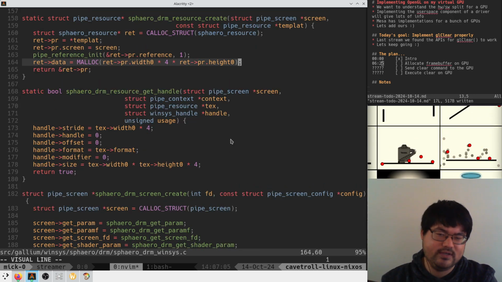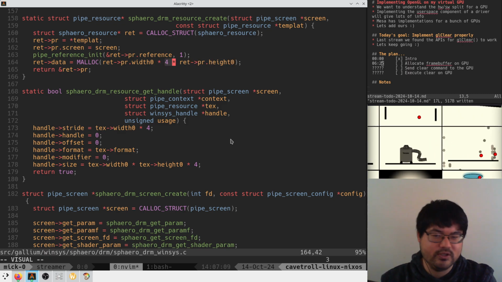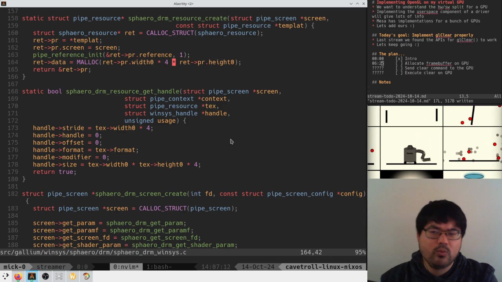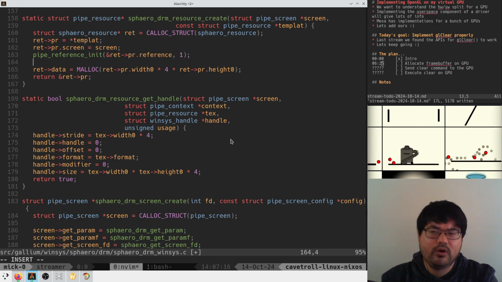It will try to make something that gives us a width and a height, and we just say, okay, we'll use 4 bytes for this thing. So I guess what we're going to want to do here is we're going to have to somehow